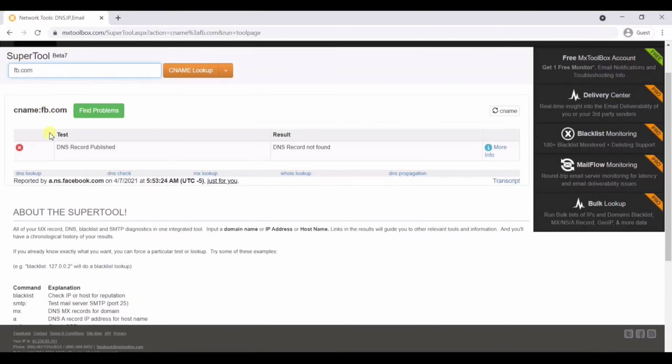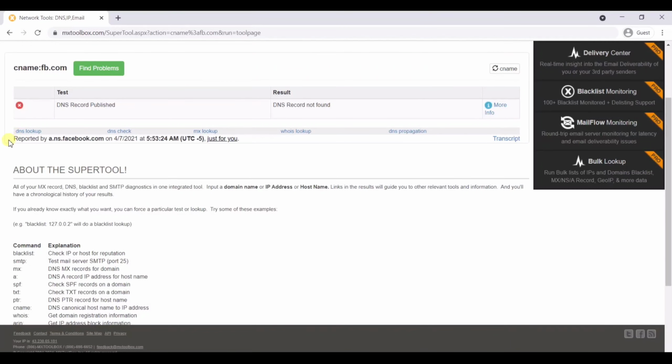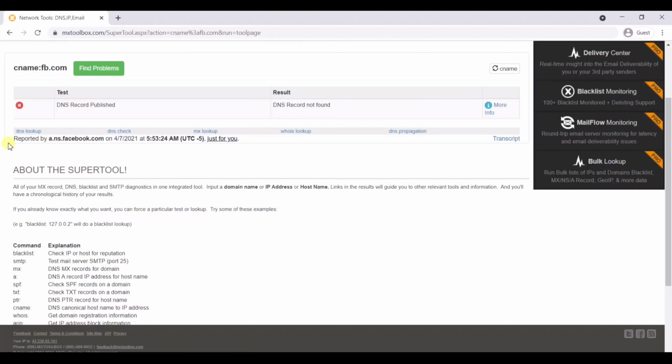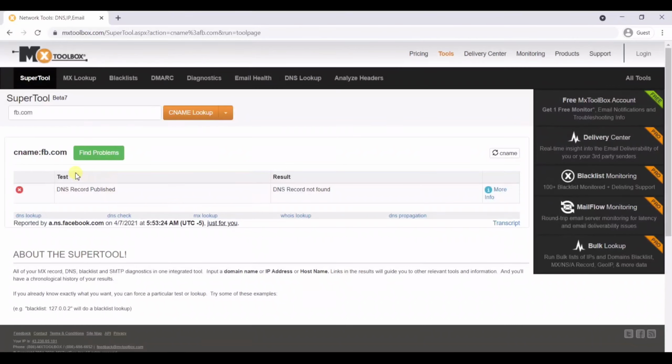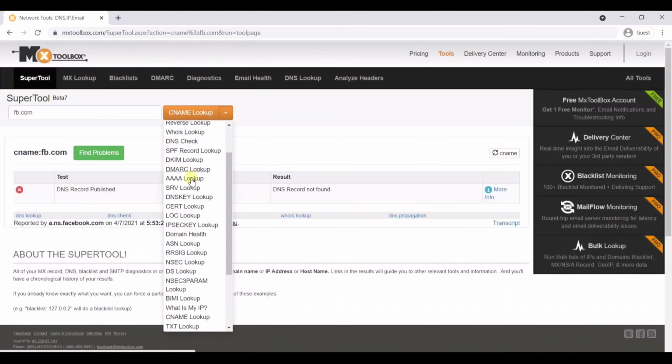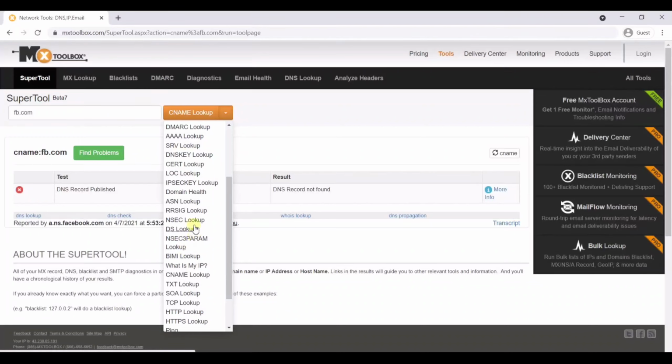So it's starting, and here you can see the information reported by it. This is the canonical name, kind of facebook.com, when I search for fb.com. And same as that, you can also look for the mail exchanger and name server. You just have to click on this drop down box, and here you can see all the information that you want.